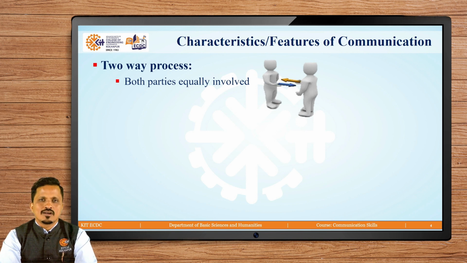For example, communication is always a two-way process. Both parties are equally involved. You cannot say communication is successful when only the speaker is speaking and the receivers are not receiving, the listeners are not listening. It is not the case. So it is a two-way communication. There should be someone to give, tell, inform. In the same way, there should be someone who would like to know, who would like to learn from the